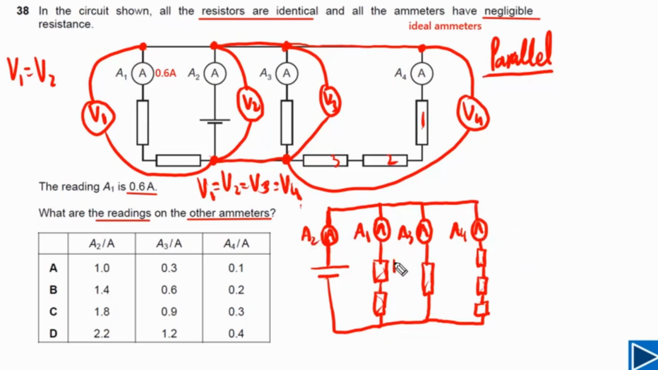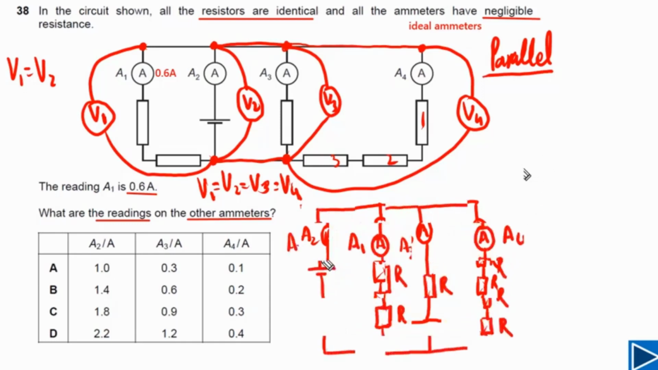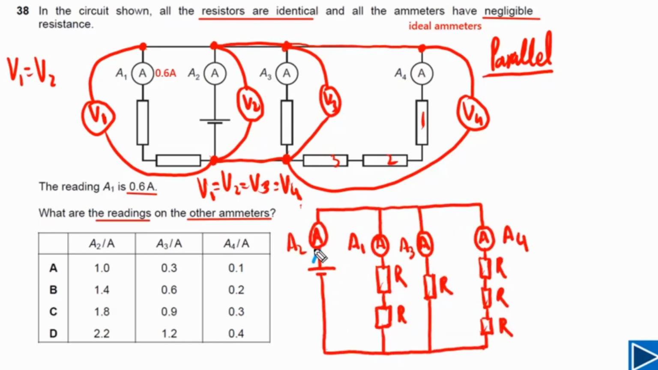Now let's say the resistance of each resistor is R, so each resistor has the same resistance because they are identical resistors. Let's say the current coming from the battery and passing through ammeter 2 is I2, and the current passing through ammeter 1 and through these two resistors is I1, and the reading of I1 is given here